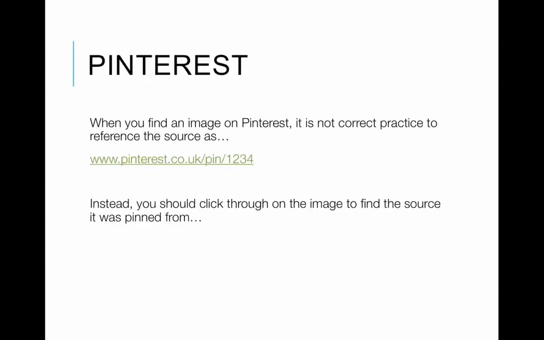Pinterest is a really important one, because I'm sure a lot of you will be looking at things like Pinterest for your visual inspiration or for any mood boards that you might be putting together. So when you find an image on Pinterest, it's not correct academic practice to reference a source as pinterest.co.uk. Obviously you found the image on Pinterest, but Pinterest is not the original source of that image. So what's really important to remember is that if you do find images on Pinterest, which is absolutely fine, you must click onto the image to find the actual source that it was pinned from. So literally clicking on the image as it enlarges, then clicking on it again